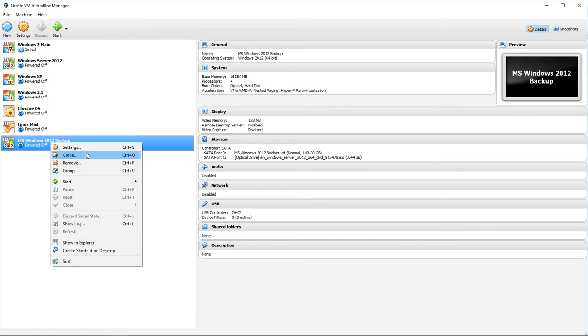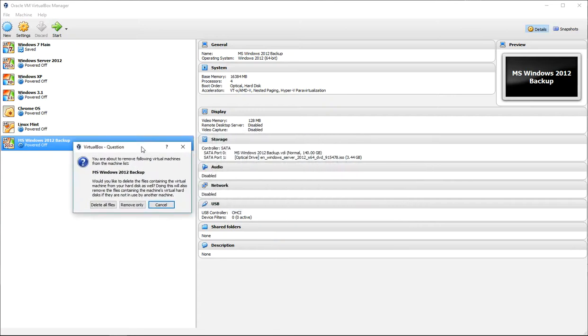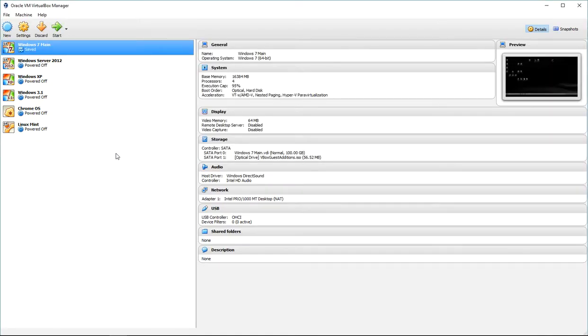As you can see, almost 70 gig of data. I can set these in groups, I can make a Windows group and group those up. I'm not going to do that. Or I can remove it. And on the remove options, you can tell it to delete all files, which is going to remove everything in that folder. And that's why I move the VDI file sometimes, because I might want to use it again. If I do just remove only, it's going to remove the machine, but it's going to leave the files in there, like the VDI. But I'm going to delete all files.